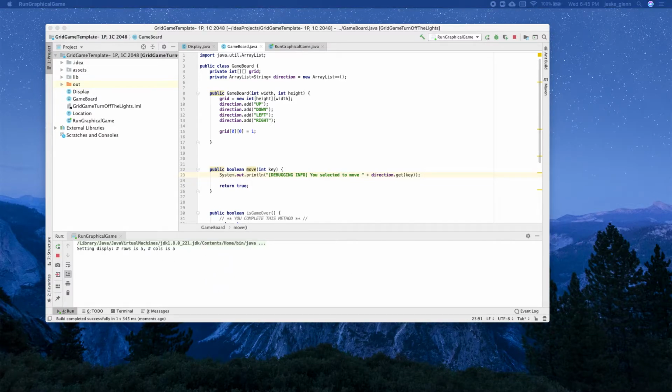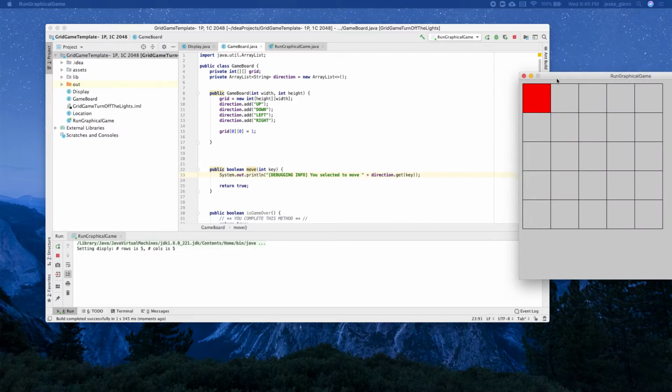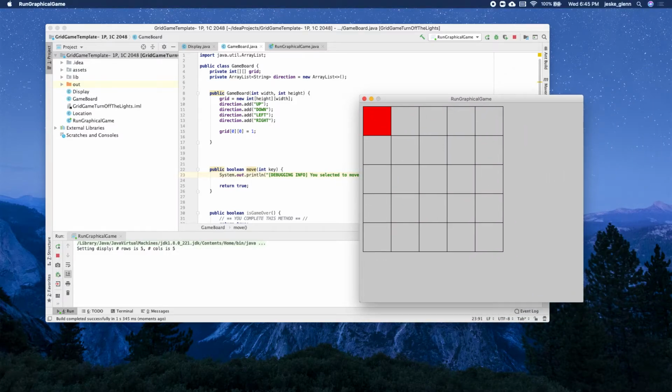The console is up. We've got the debugging message up there, and here's what's going to happen. I'm going to press the left arrow key. All you see is the debugging information that tells me I wanted to move left. Now let's try right. Let's try up. Let's try down. So when I press those arrow keys, that information is being sent over to move. What you choose to do with your pieces inside of your grid as a result, that is up to you to decide. Right now, however, if I press something like the space bar,